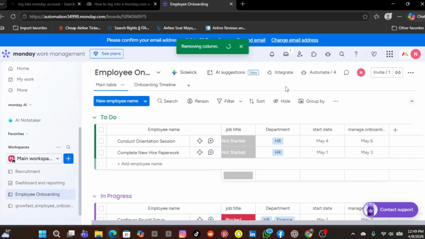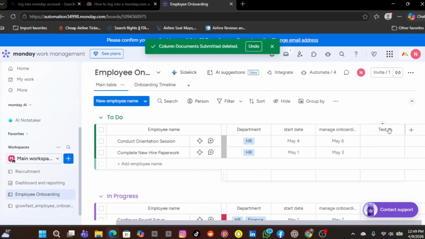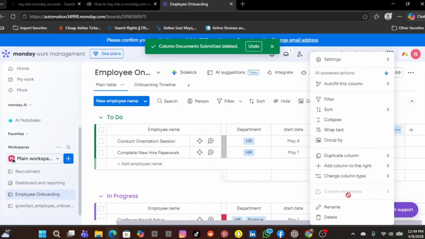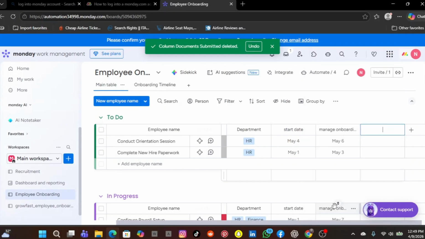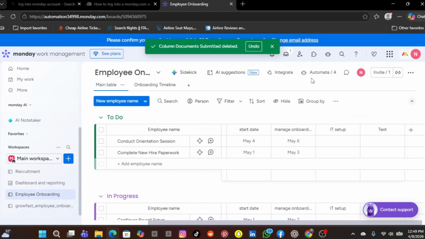So you do it in a way that, so I'm going to add a column here. Is it like a text? It's going to be a text. So I will put, then I have to rename it. I hope you guys are getting what I'm saying. You rename it, then you put IT setup, then you create, I put text, then body name,